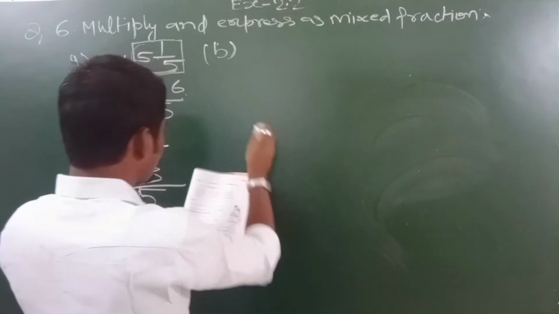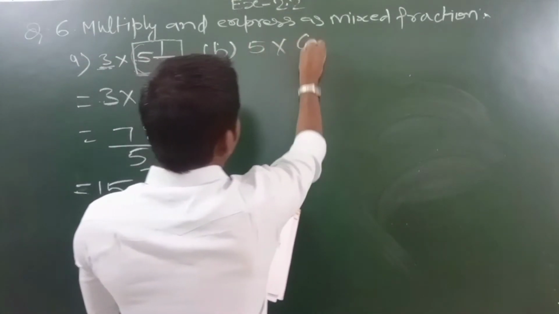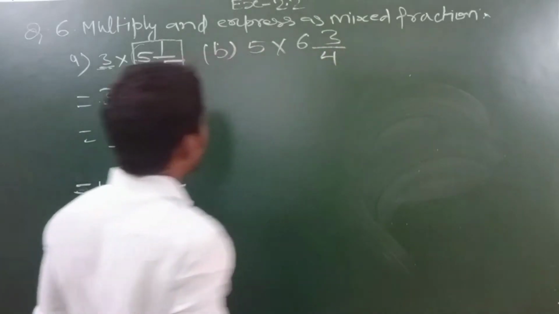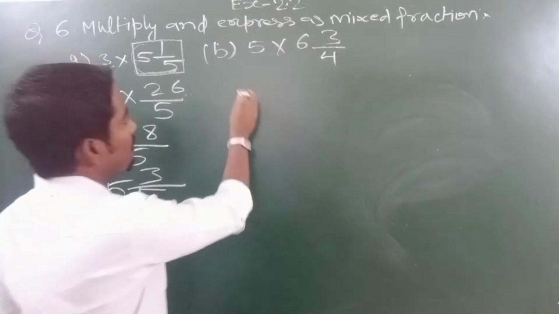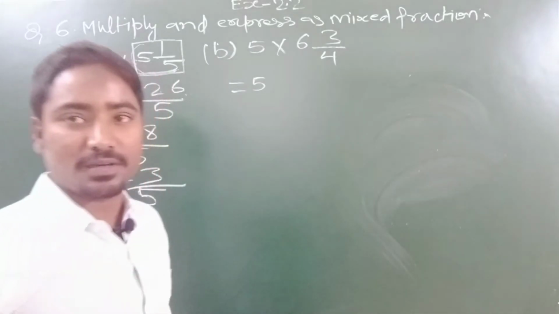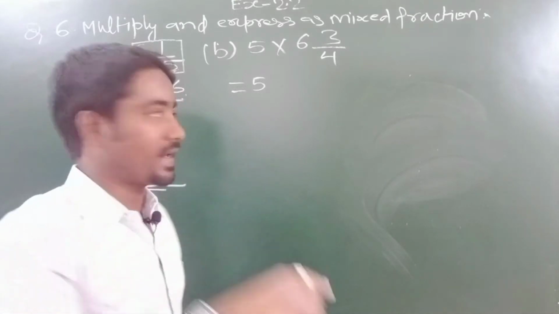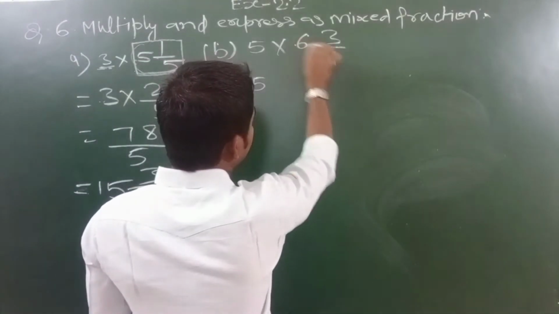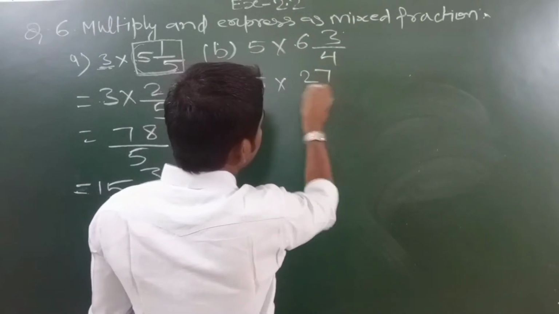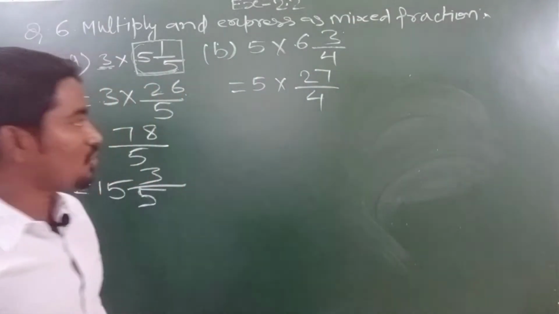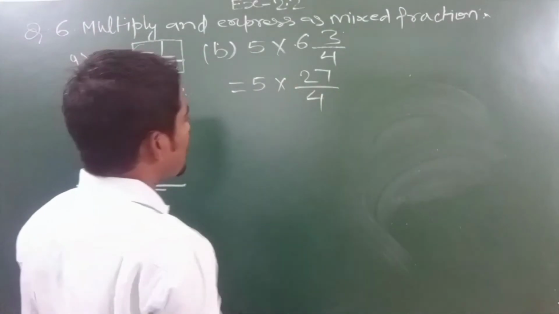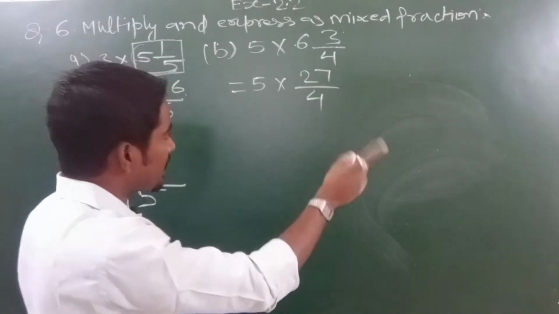So it is 5 into 6 upon 5 into 6, 3 upon 4. Again what we will do, again we will multiply. So for this, first we will convert this mixed fraction into a simple fraction. Now for this, 6 4s are 24, 24 plus 3, we will have 27 upon 4. Now check for a common factor between them. There is no common factor between them, so multiply the numerator and denominator.